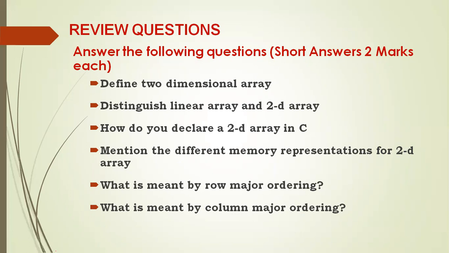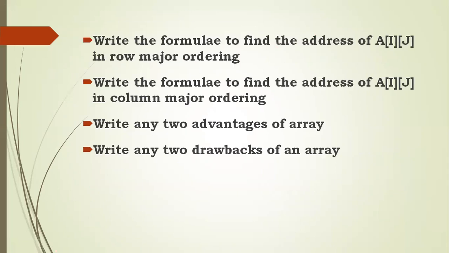What is meant by row major ordering? In the case of row major ordering, first the elements of the first row are taken, and they are stored in the first set of locations in a 1D array. Next, the elements of the second row are taken and stored in the next set of locations. Then the elements of the third row. So elements are stored row by row. In the case of column major ordering, they are stored column by column. First, the elements of the first column occupy the first set of locations. Elements of the next column occupy the next set of locations, and so on. And there is a separate formula to compute the address of the ijth element both in row major ordering as well as in column major ordering. Write the formula to compute the address of aij in row major ordering and in column major ordering.